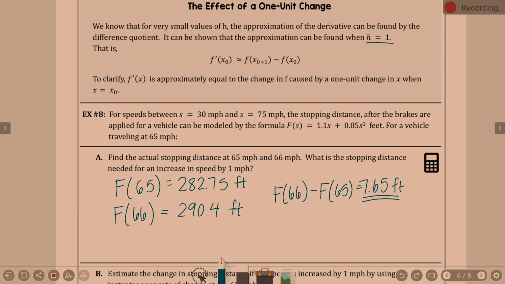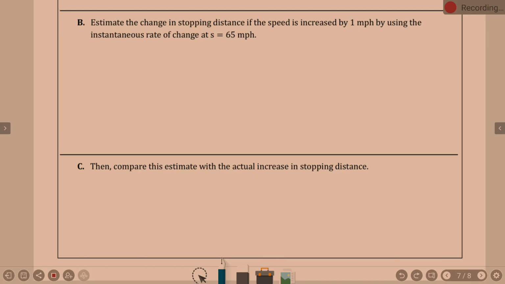Now, it asks us to estimate the change in stopping distance if speed is increased by 1 mile per hour by using the instantaneous rate of change at 65. What do I mean by instantaneous rate of change? We need the IROC, the derivative. So first of all, if we do the derivative, f prime,